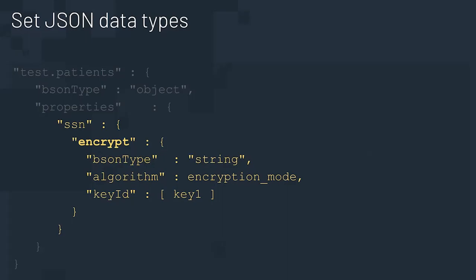For many fields, like social security number, credit card, maybe mobile number, if you were to graph those on a histogram, the graph would be really wide and really flat. That is to say, there's not much predictive value of one person's social security number versus another, or one person's mobile number versus another. So you'd use what's called deterministic mode, which allows you to do searches on encrypted data. And lastly, it's got the key ID that's associated with it.